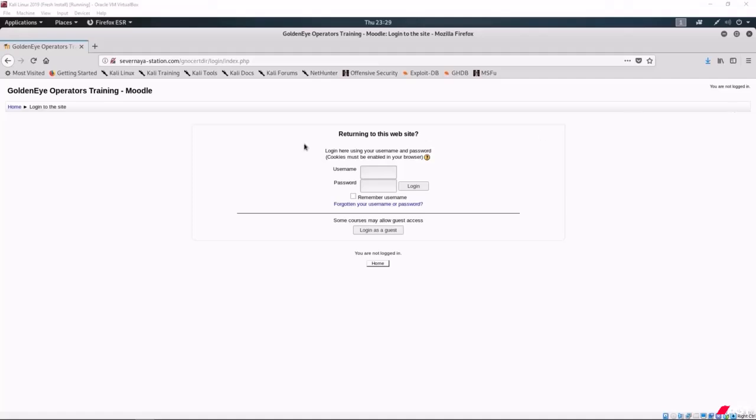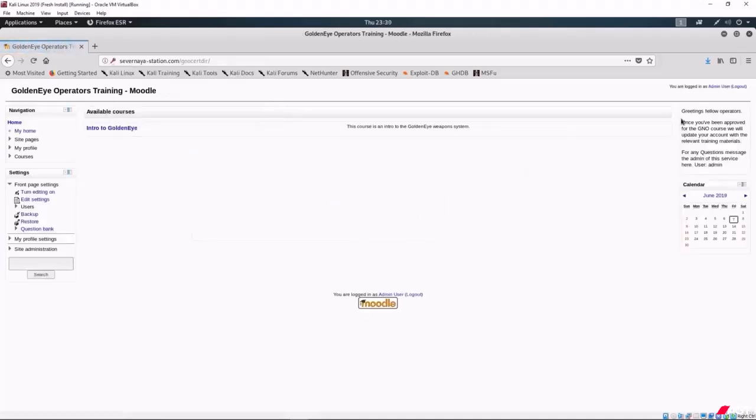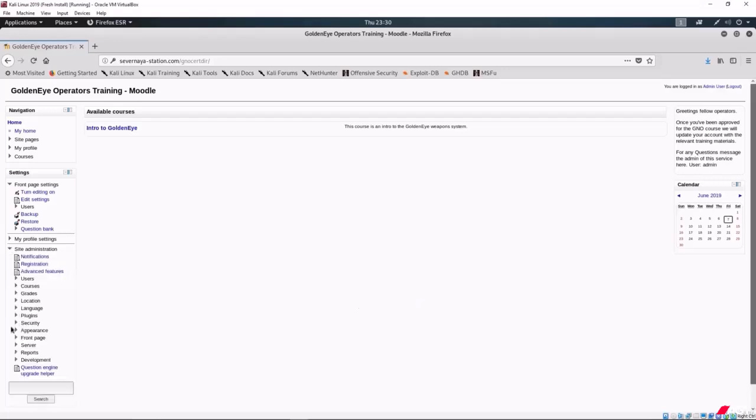Okay, back to the login page here on Firefox. I recall in the message it said that this was going to be the admin password. So let's just try admin and the password that I just copied. Very good. We're logged in as admin. Okay, first of all, we're logged into an application called Moodle, which is an open source learning platform. I've encountered this before in multiple CTF challenges, so I know where to look here. It's going to be in site administration,